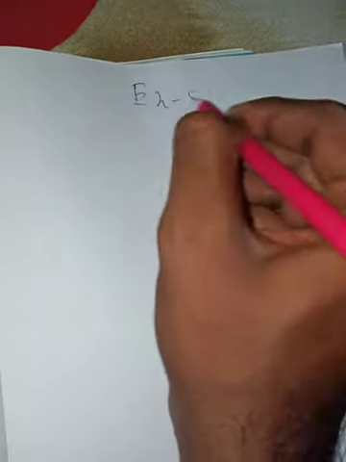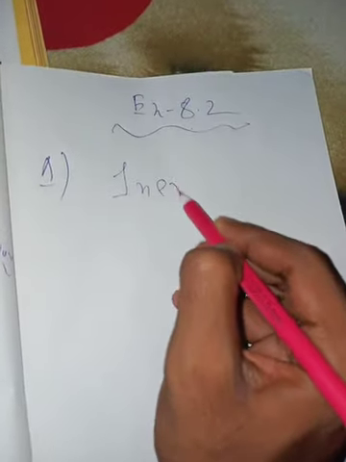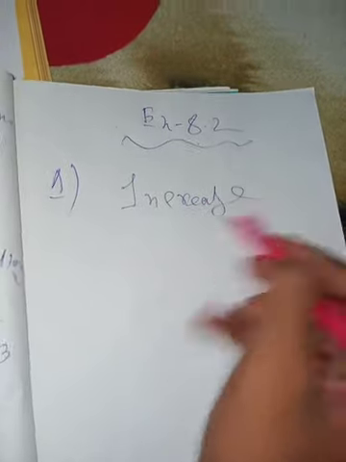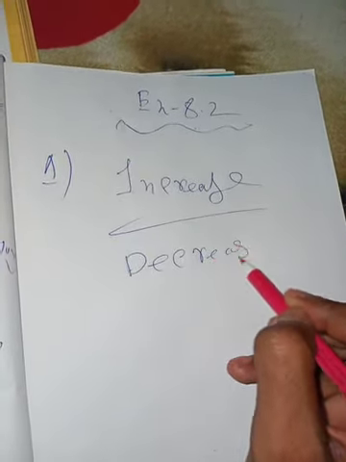The next exercise is related to increase or decrease, I am just explaining. You have to practice at home. If you are facing any problem, you can ask me the question. And you know the meaning of increase or decrease. If you want to increase some number, you have to add. If you want to decrease some number, you have to subtract.